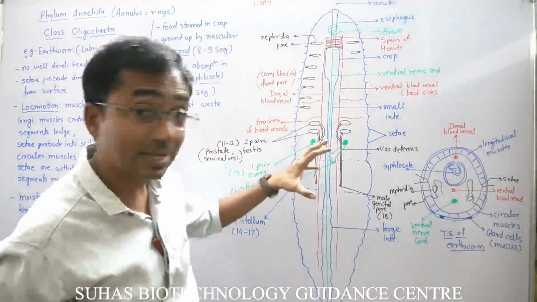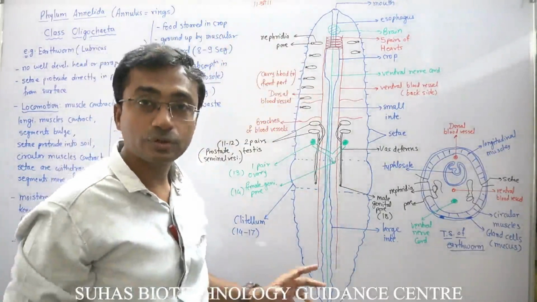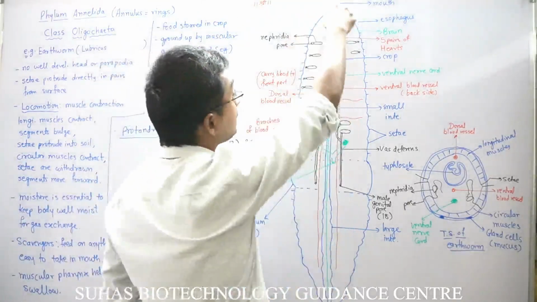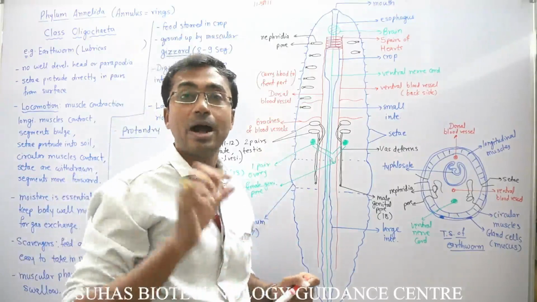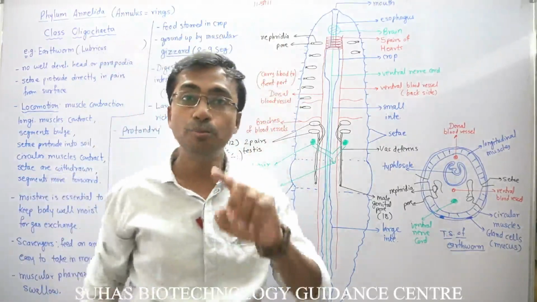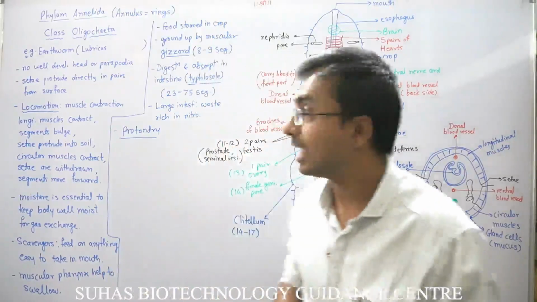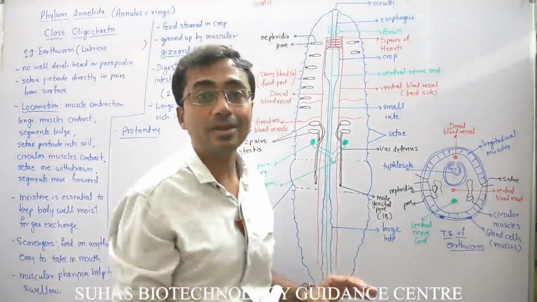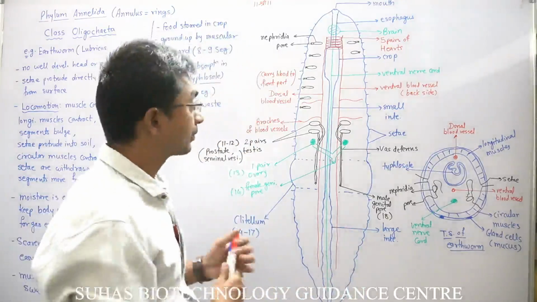Then, other than that, if we discuss the reproductive organs of their body, as we have discussed, the body is highly segmented. Look at this, the body is highly segmented. But earthworm is hermaphrodite. Hermaphrodite means bisexual. So the same animal will have both male reproductive system as well as female reproductive system, but they are protandrous. Means the male reproductive system will mature earlier as compared to the female,